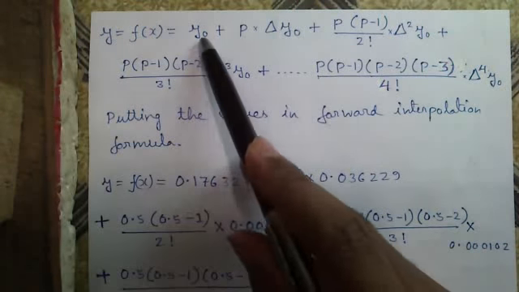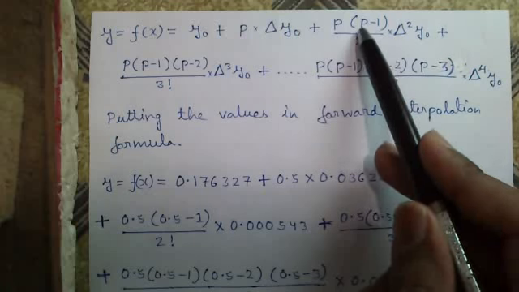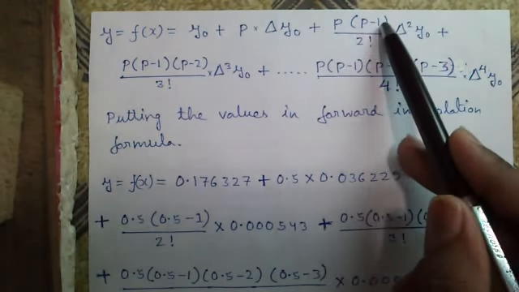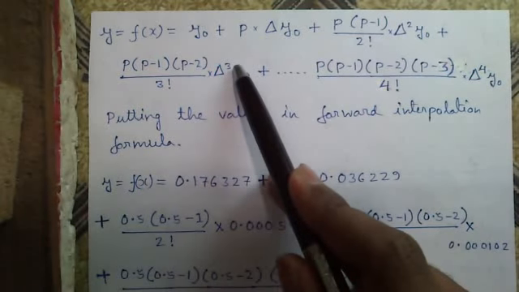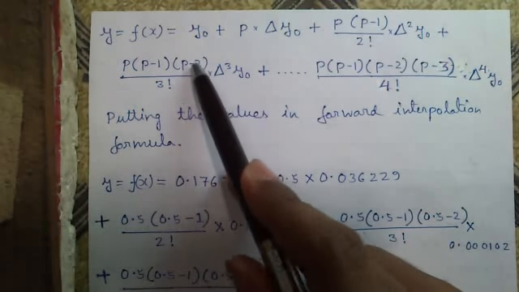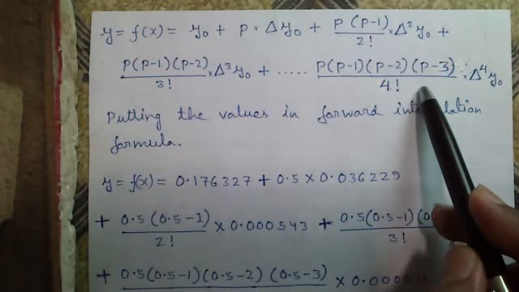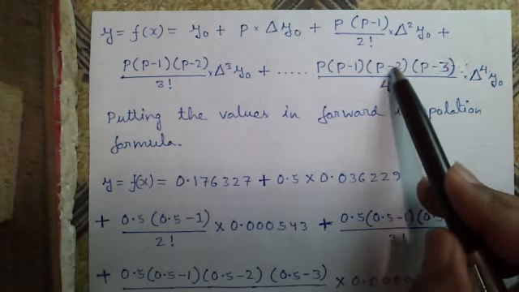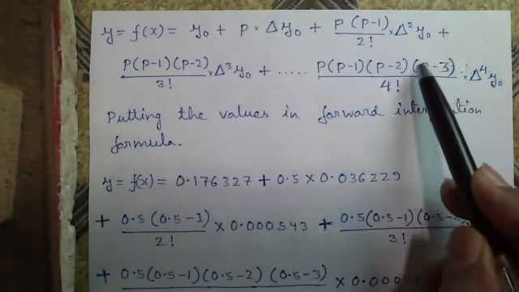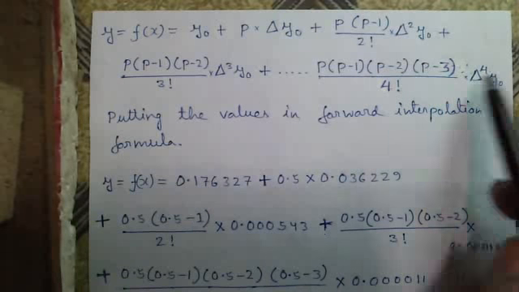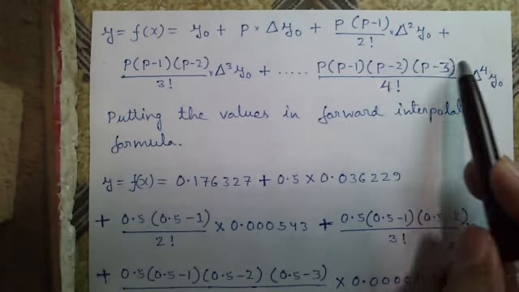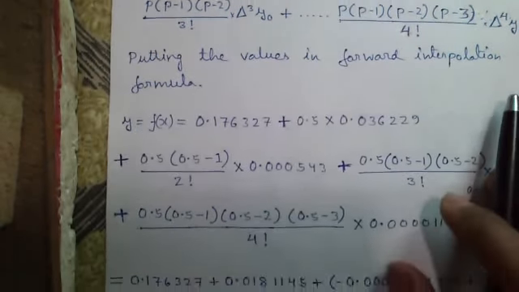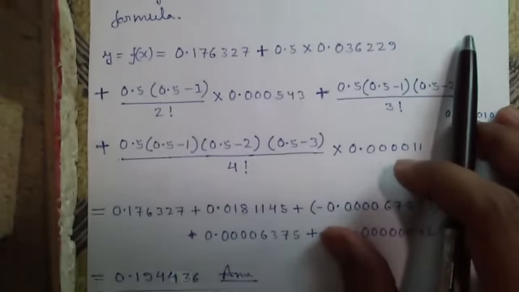You can see y0 plus p into del y0 plus factorial 2 power is 2 and 2 minus 1, p minus 1. Similarly 3 and 3 minus 1, so it will be p minus 2, the final term. Going on, 4 power 4 and 4 minus 1, the last term is p minus 3. Similarly for the next term it will be factorial of 5 power 5 and p minus 4, keeping the structure same. Now putting the values in the forward interpolation formula,